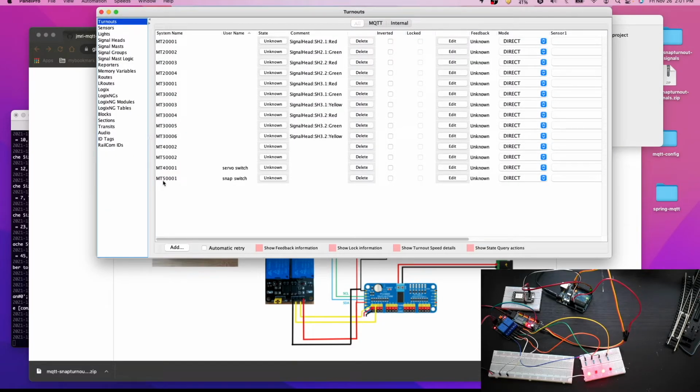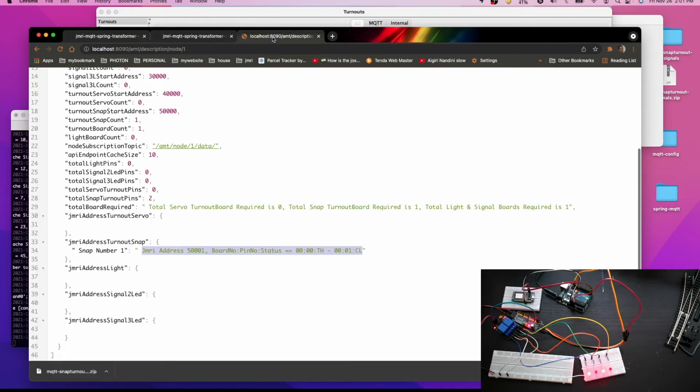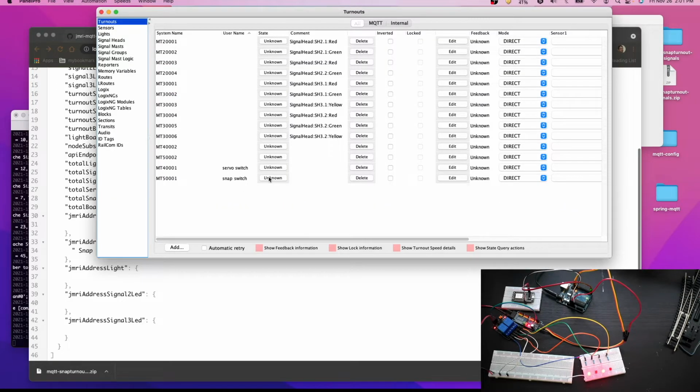So the snap turnout, 50,001, which we have seen earlier from the REST service, is already there, configured earlier. So let's try to test it.